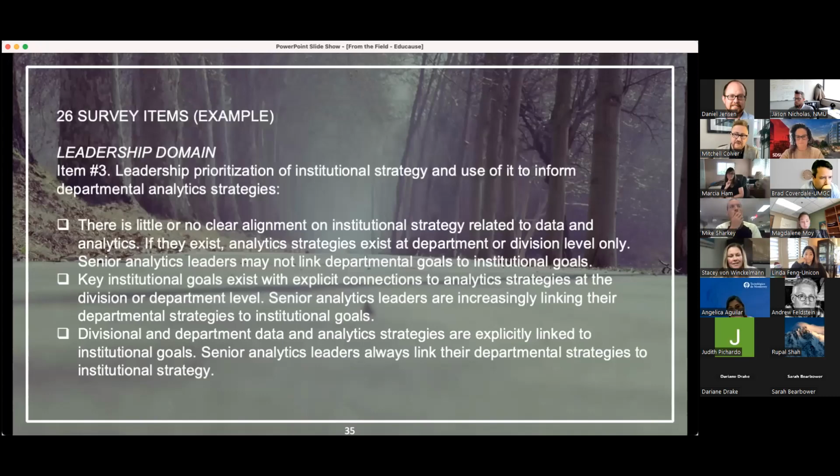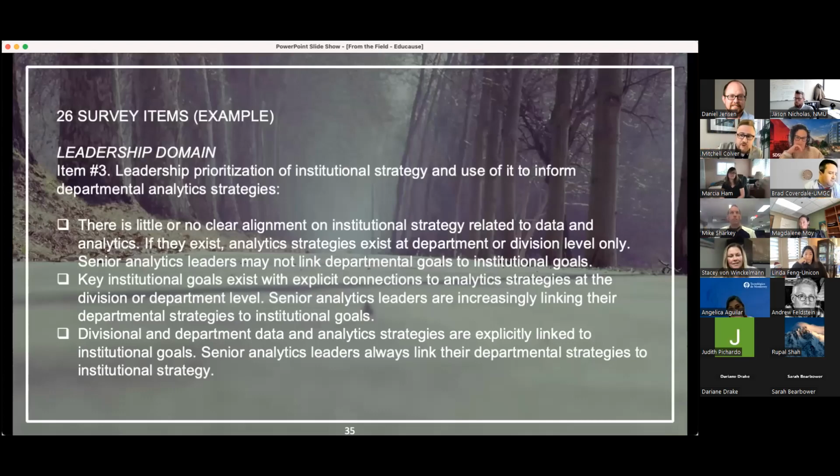This is just an example of one of the items. This is in the leadership domain, item 3, leadership prioritization of institutional strategy and use of it to inform departmental analytics strategies. And this is how the whole survey works. Every item has 3 options, option 0, option 1, and 2. That's level 0 functioning, level 1 functioning, level 2 functioning. So you just read. There's little or no clear alignment on institutional strategy related to data and analytics. If they exist, analytics strategies exist at department or division level only. Senior analytics leaders may not link departmental goals to institutional goals. In other words, there's low goal agreement on the what, how agreement,